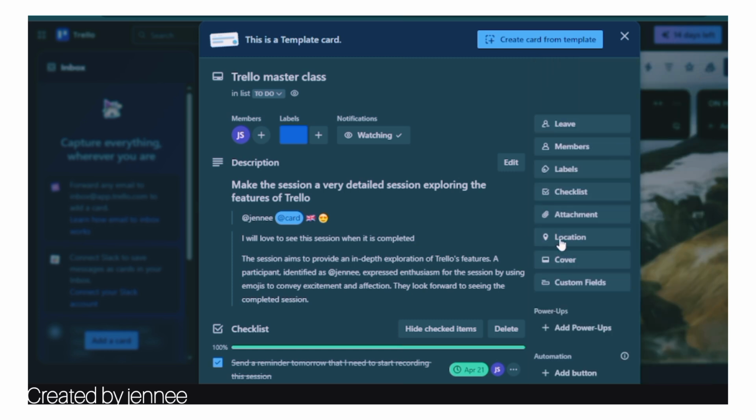Also for location, if you want to add that you're in the UK, you're in Nigeria, you're doing this task from Tanzania, you're doing this task from Sierra Leone, you're doing this task from Ghana, you can use this location icon here. And for cover,